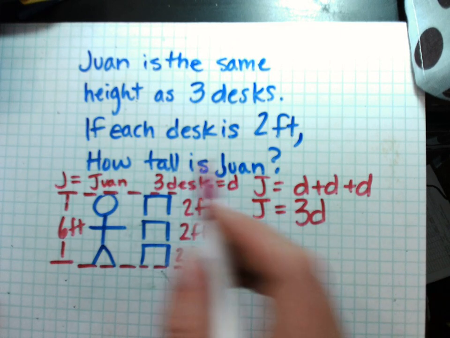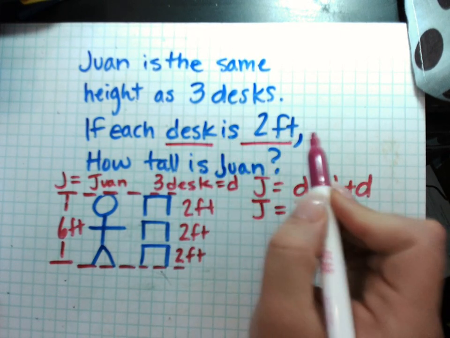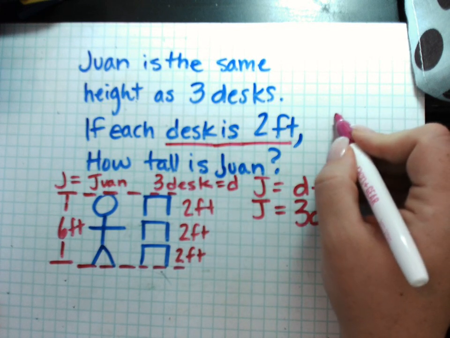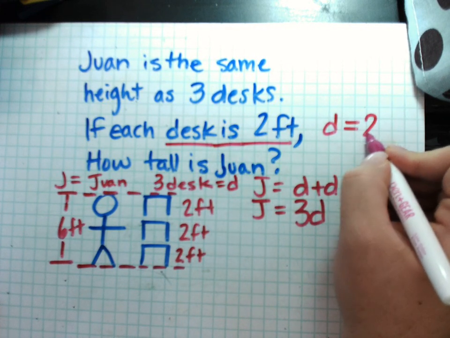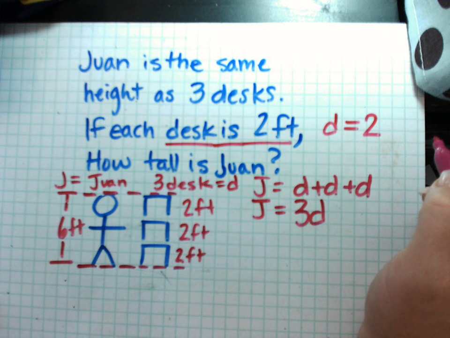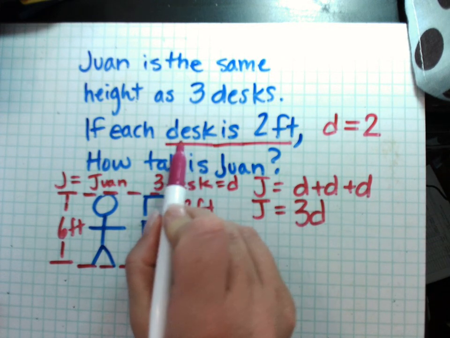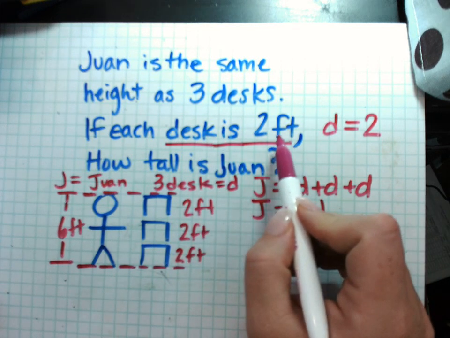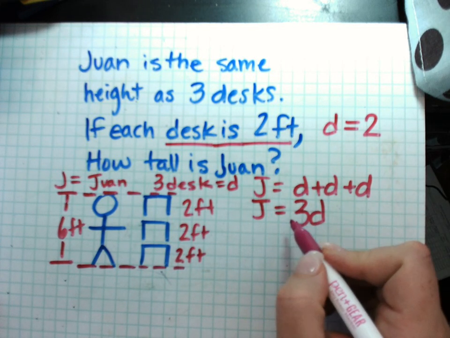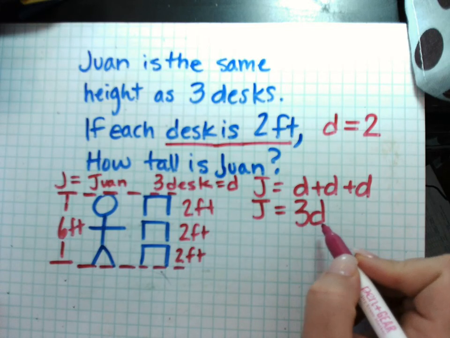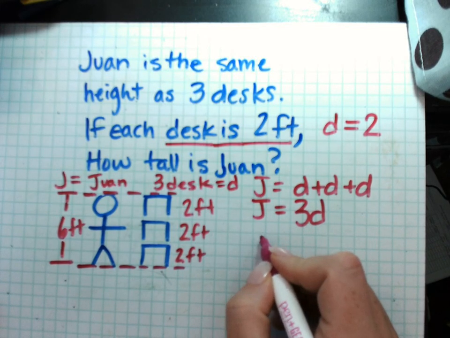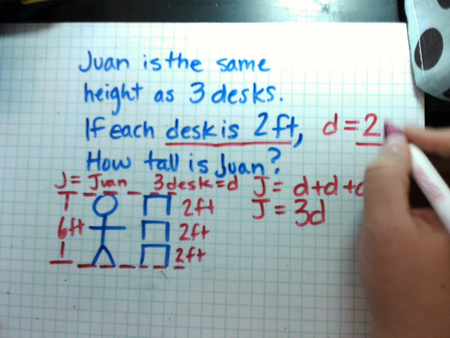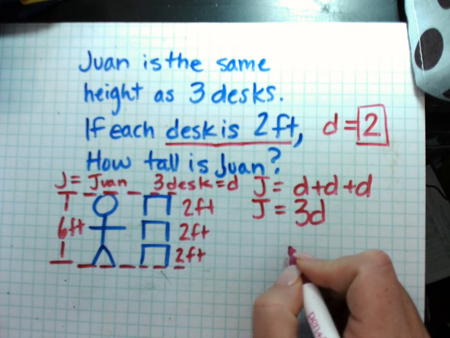So now when they said each desk is 2 feet, they're telling us that a desk is 2 feet. So mathematicians, we're very efficient. We're very lazy. We don't have to write more than we have to. I like to write D for desk equals 2 for 2 feet. Okay? So if J is the height of 3 desks, knowing that each desk is 2 feet tall, we can substitute